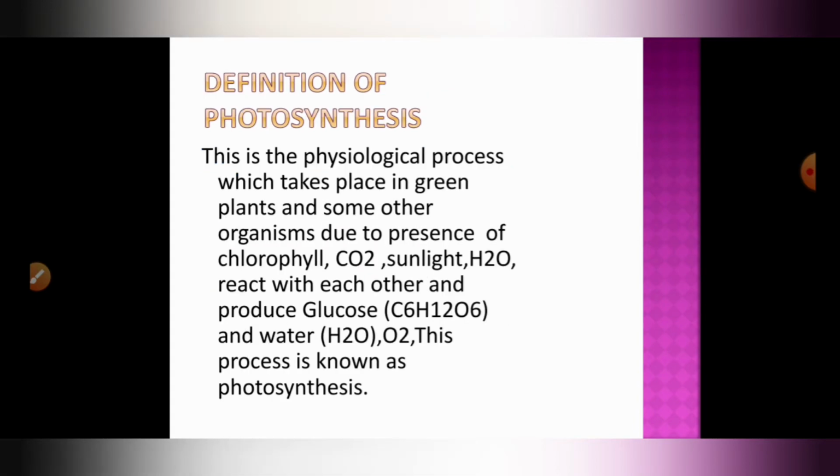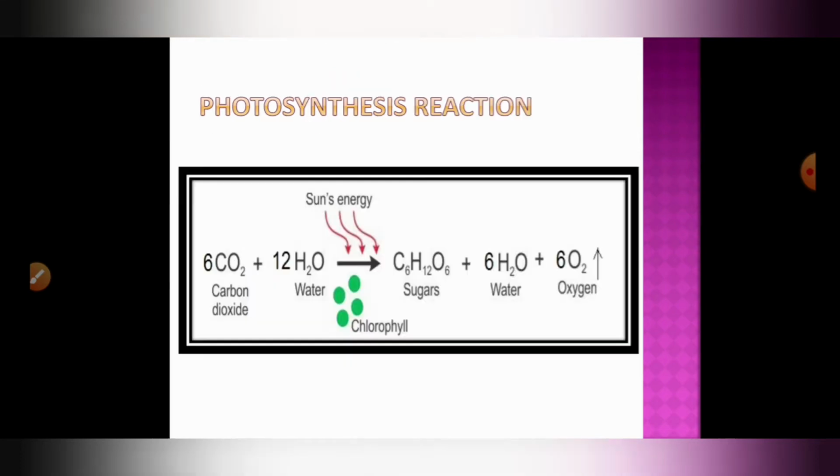So now I move on to what is photosynthesis. You know that green plants have a process with the help of which they can produce food, but we humans can't. So the process in which green plants produce food in the presence of sunlight and with the help of CO2, H2O and chlorophyll is generally known as photosynthesis.